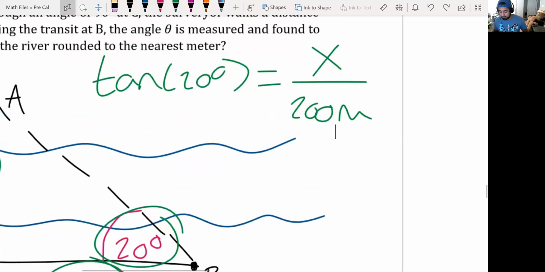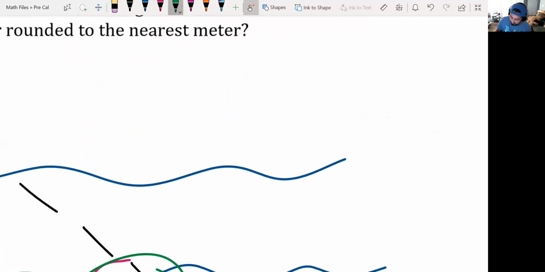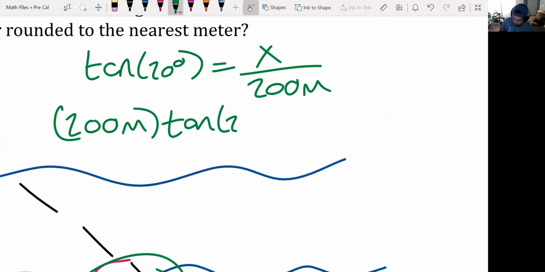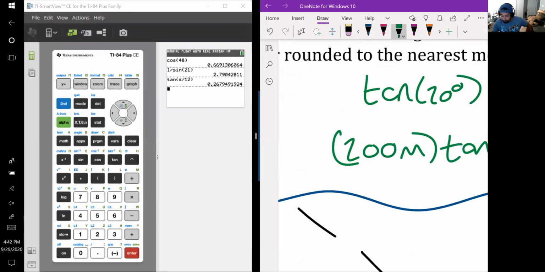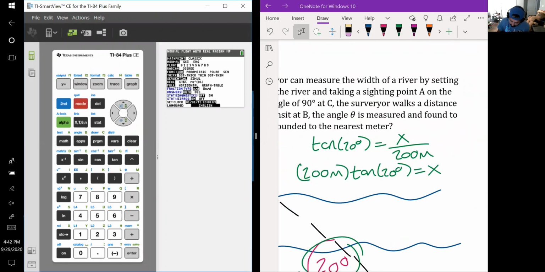So once again, so I'm not writing too big, let me go ahead and erase this. And we'll get tangent of 20 degrees is X over 200 meters, which means if you multiply that 200 meters to the left side, you'll get 200 meters times the tangent of 20 degrees. And make sure to switch your calculator back to degrees. I think we left it off on radians, right? We left it off on radians. And this means that mode, I need to go back to degrees and second quit, and I'll say 200 times